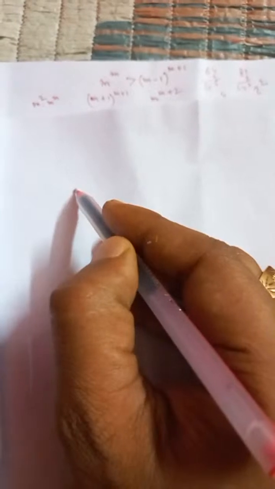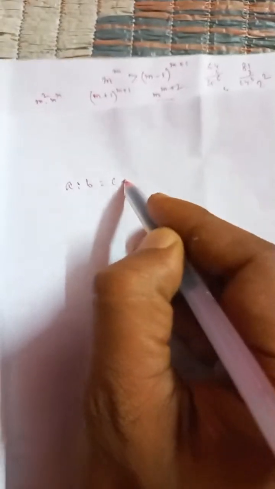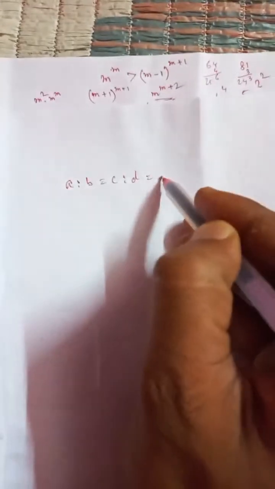To prove this, here I have written A is to B equal to C is to D equal to E is to F